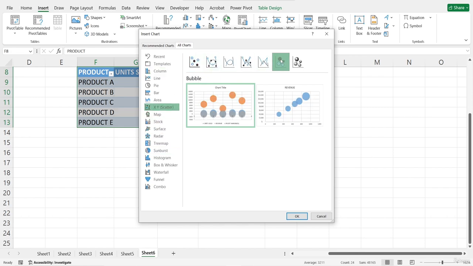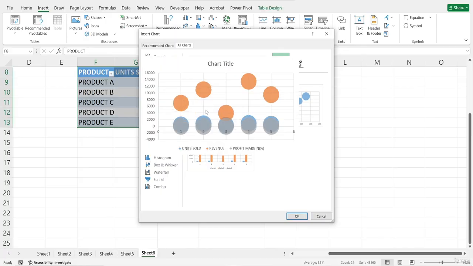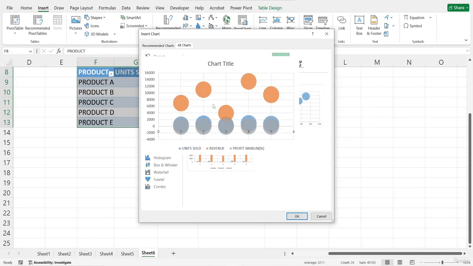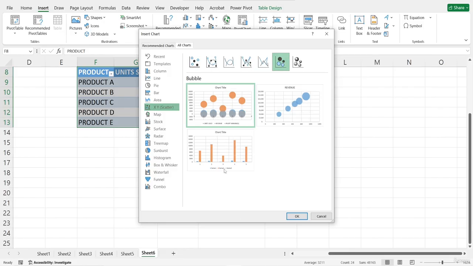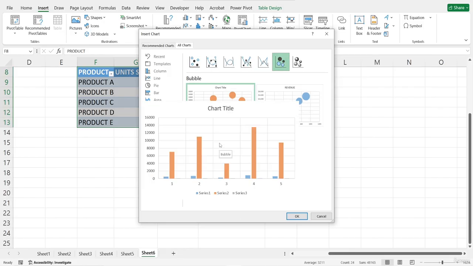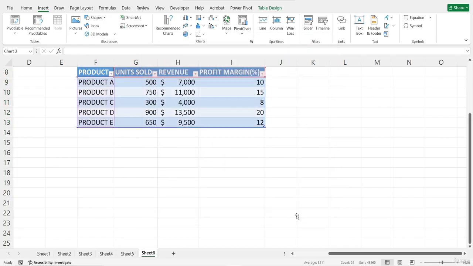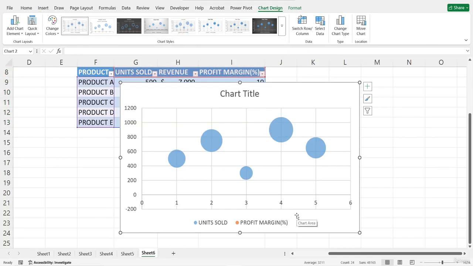Here we can select the bubble chart. This is the bubble, and this is the revenues. If I click OK,